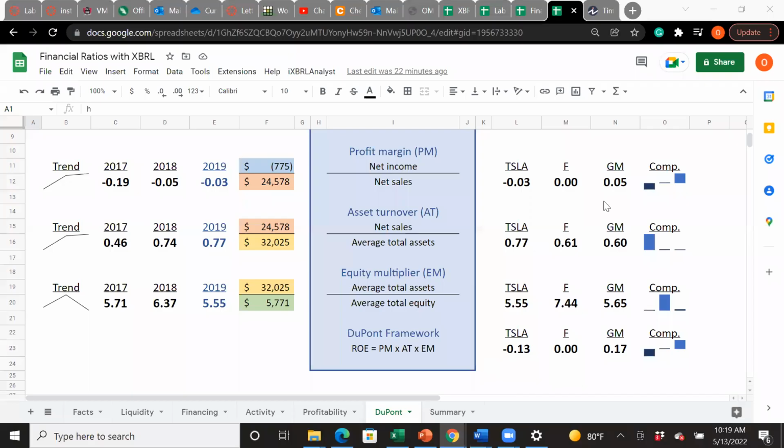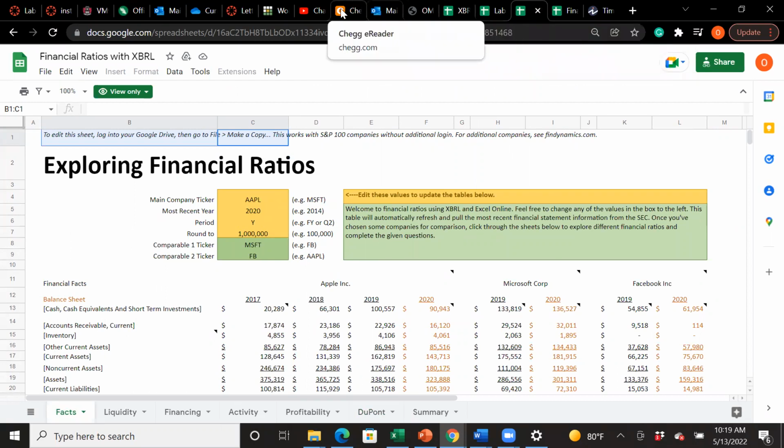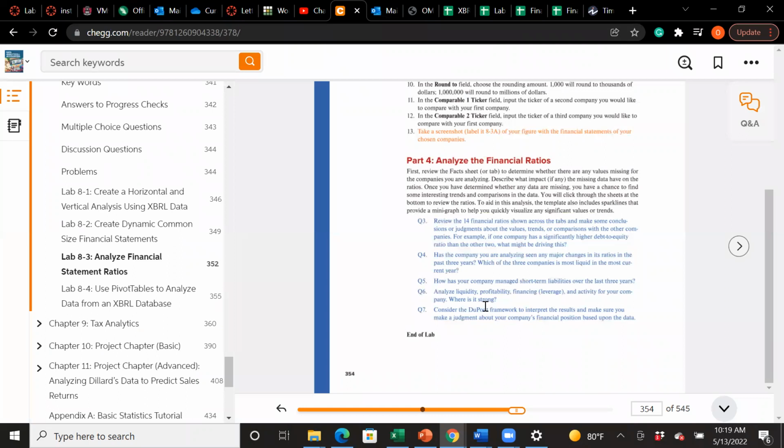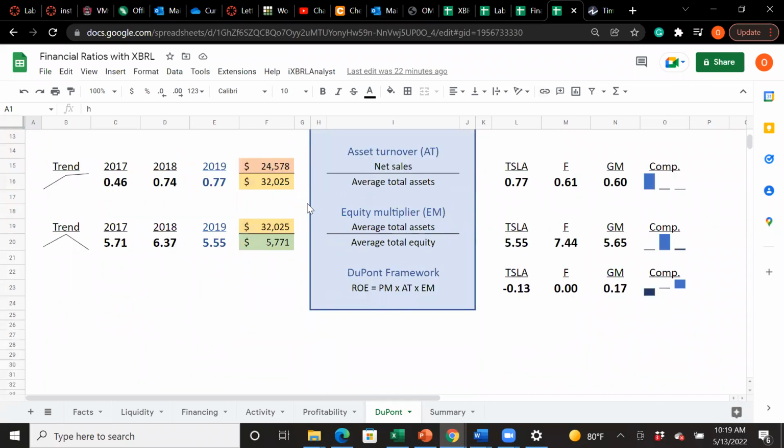All right, so let's see. Here we see, oh, what am I doing? That's not what I'm doing. So question 7, I consider the DuPont framework. I had said DuPont before. So heading back to our Google Sheets worksheet, we see that the DuPont framework ratio, or it looks like return on equity, is negative,